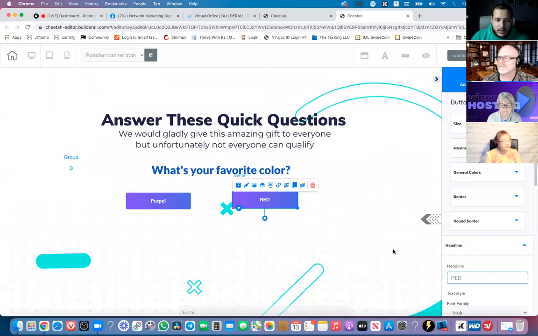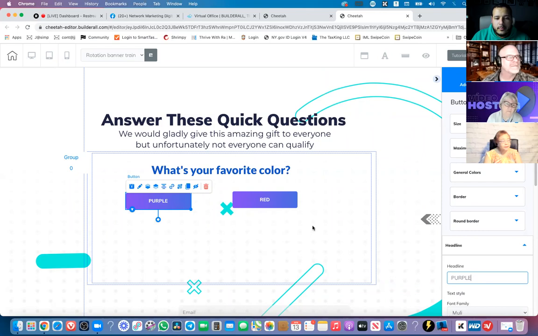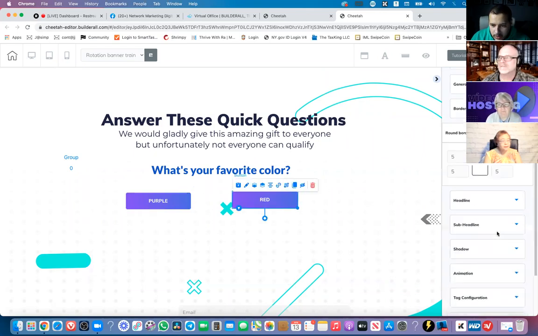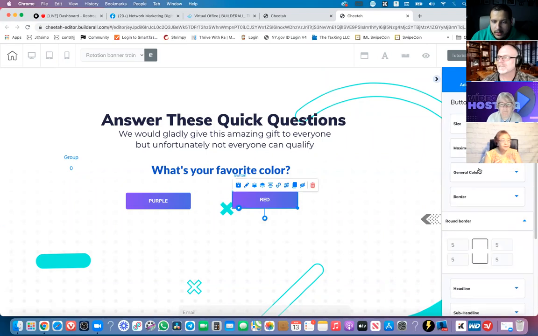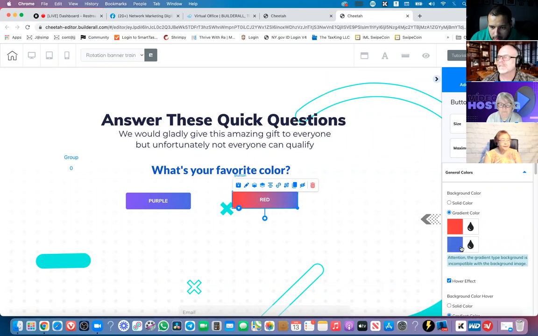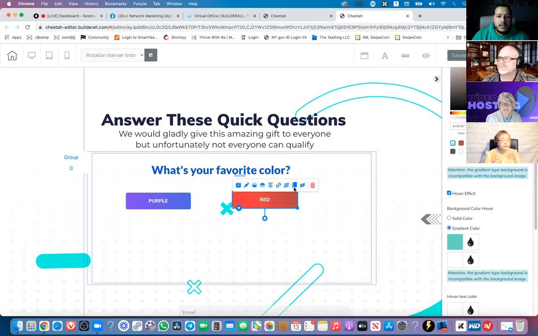Got red. Let's make it all caps. And then says this is red. Well, let's make this red too. Lady in red. Okay, that's a nice red. We got red, purple,